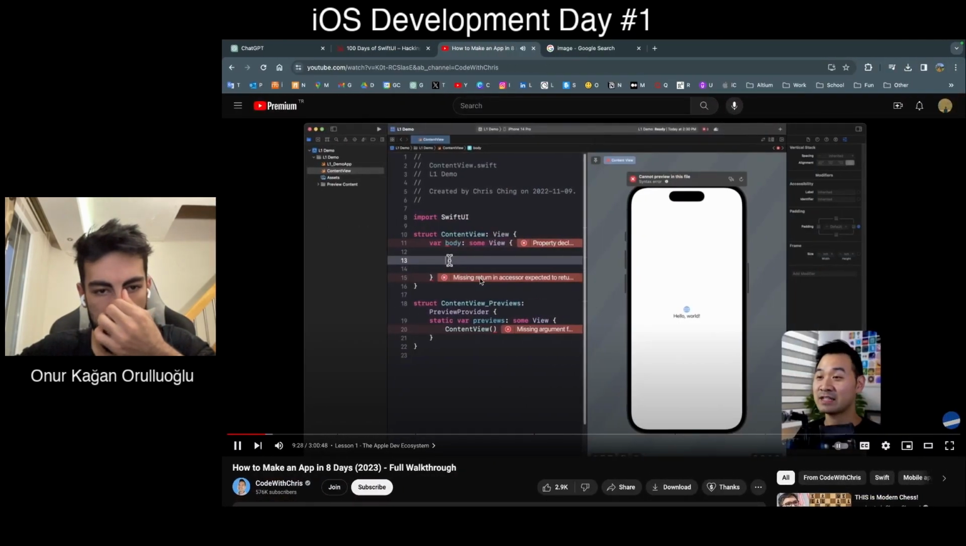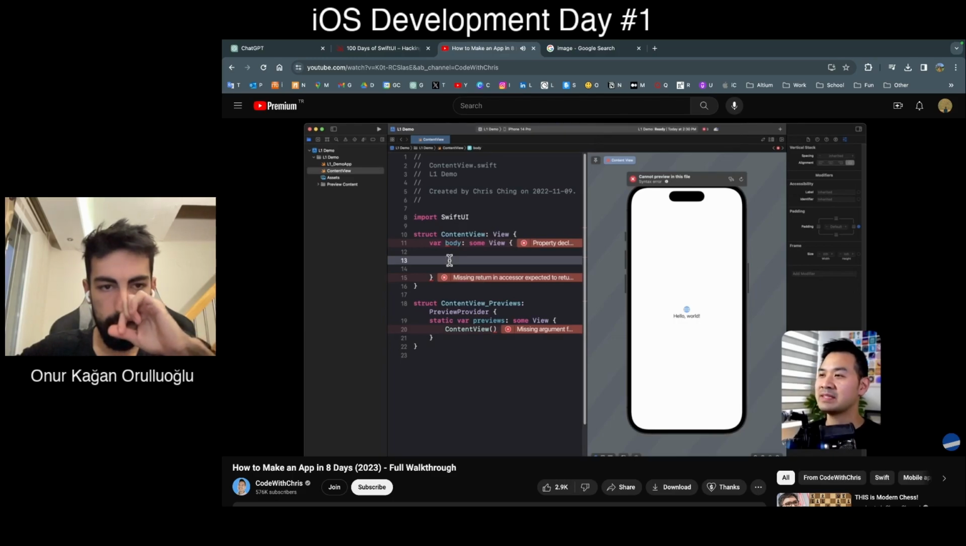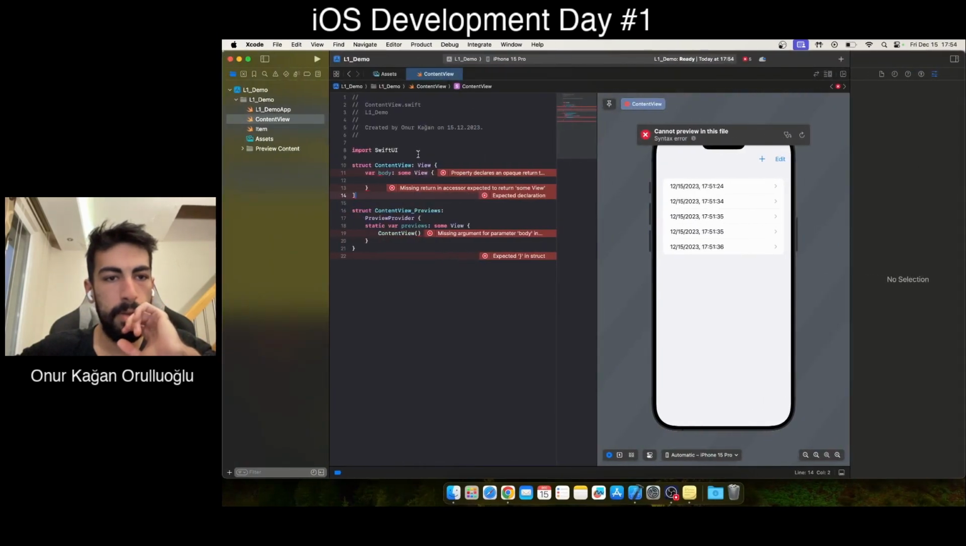It can't detect anything to display, but we are just about to add some new elements on there. So in the upper right hand corner,